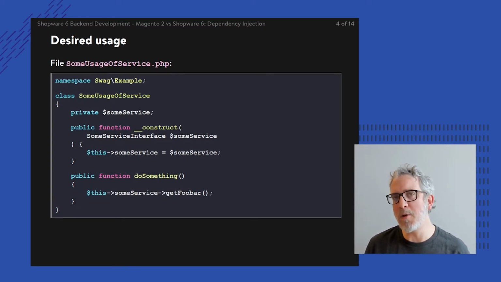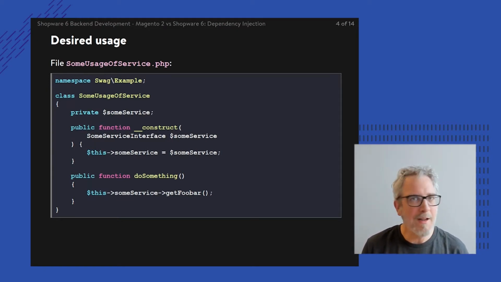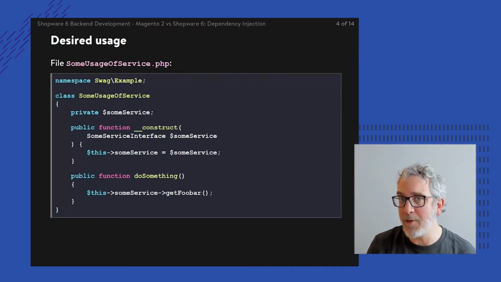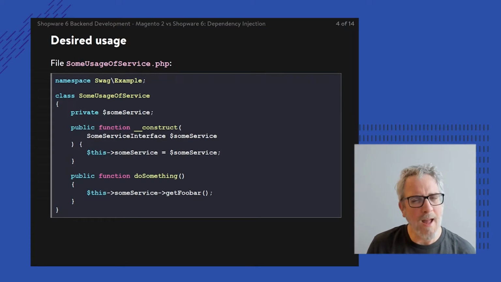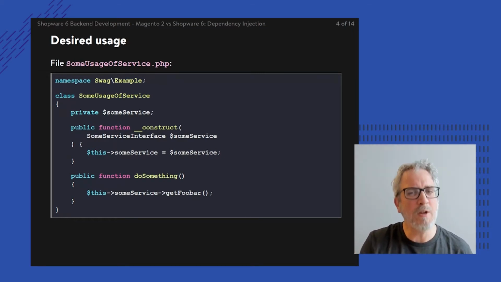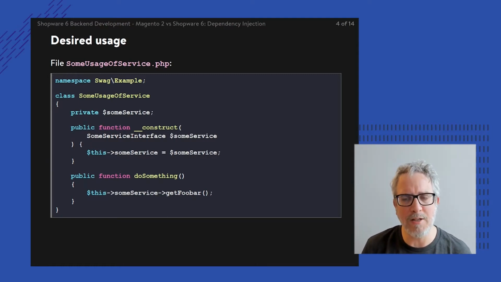As soon as you try to instantiate an interface into an object, you would get a fatal error, cannot instantiate interface. Instead, the interface needs to be mapped into a class, and that class can be instantiated into an object. That translation mechanism, where if we request the some service interface we actually get a some service class, is the responsibility of the dependency injection container handling this dependency injection.